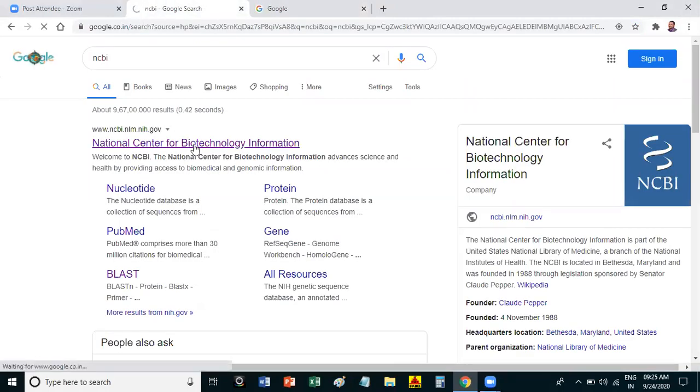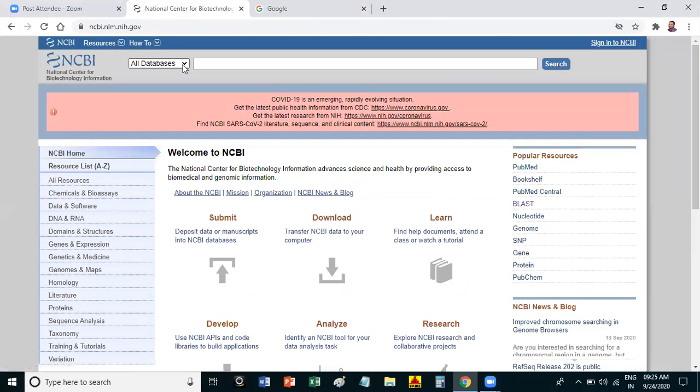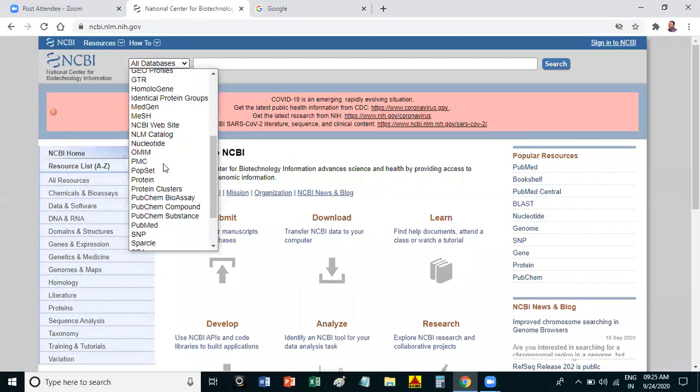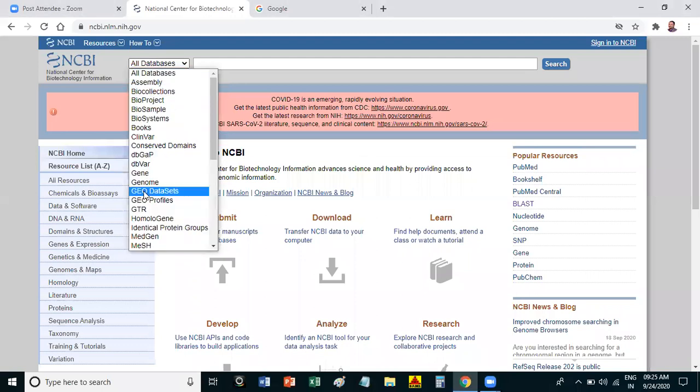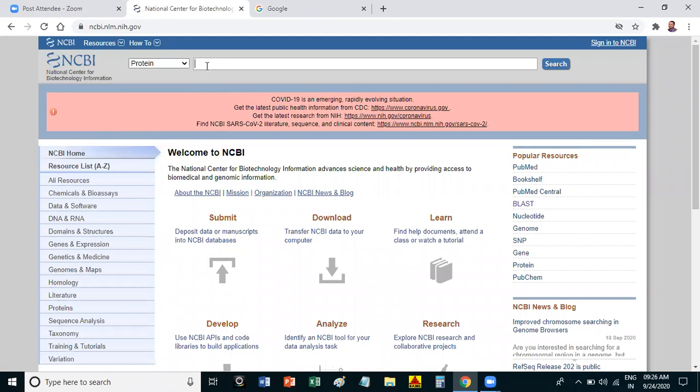Generally we take it from NCBI. We just go to NCBI and search protein for any organism. For example, I am searching for mouse. You have to get the protein sequence in FASTA format.